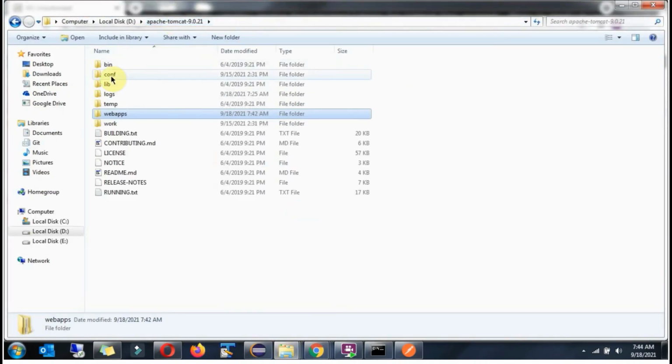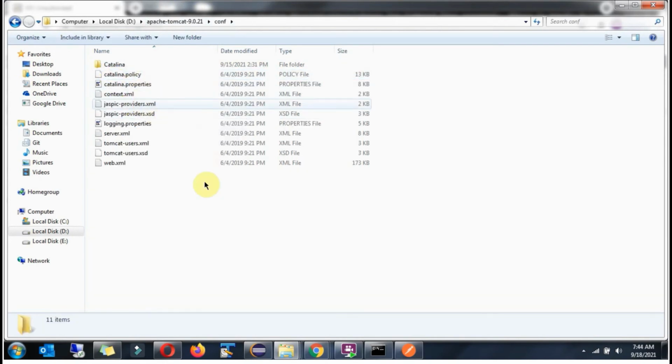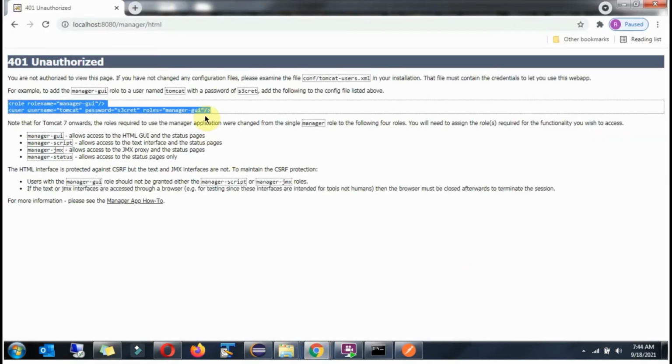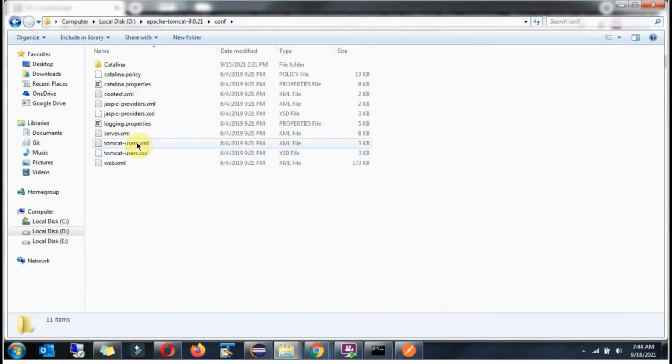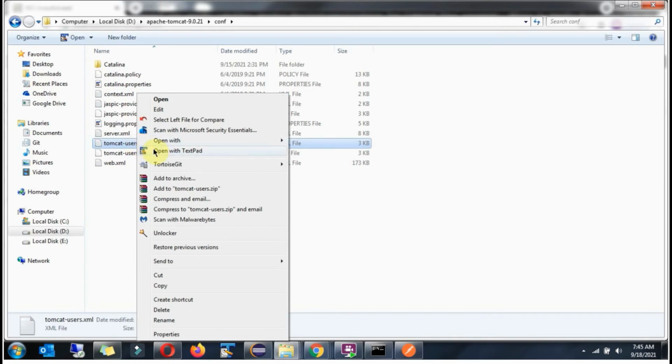Go to the conf folder and the file name is tomcat-users.xml. And here you can see, open that.